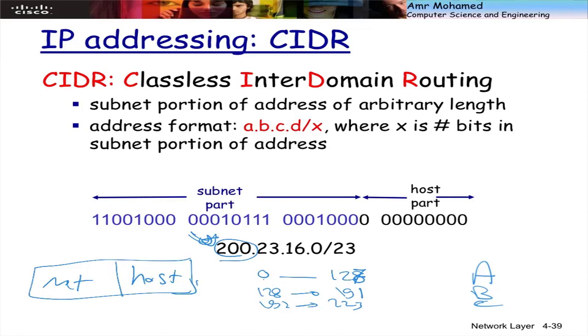Because, you know, like from 0 to 127, how many networks do I have? 128 networks all over the world. Okay? These 128 networks, they have 1 byte for network and 3 bytes for host. Each network of these has 2 to the power 24 hosts. Okay? When you group all of them together, you discover